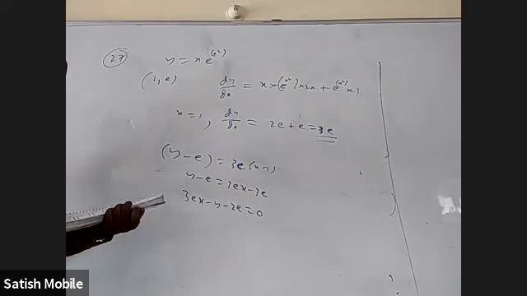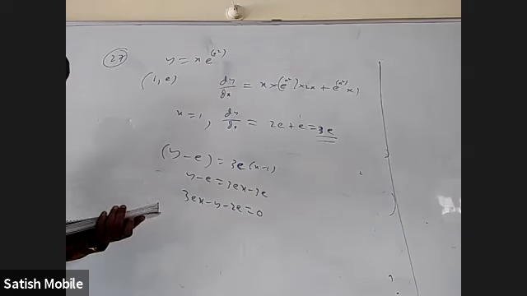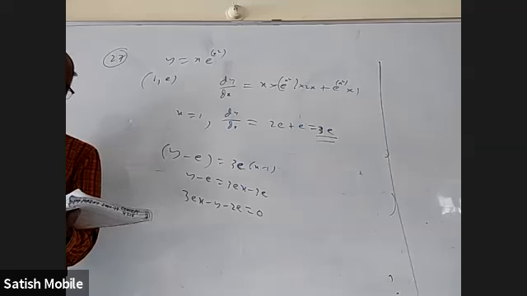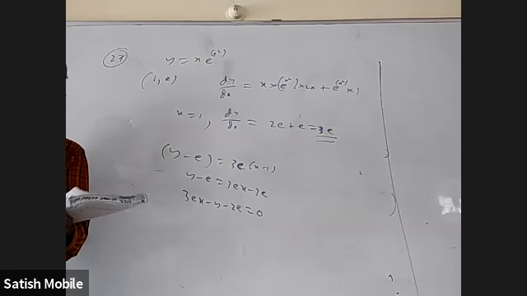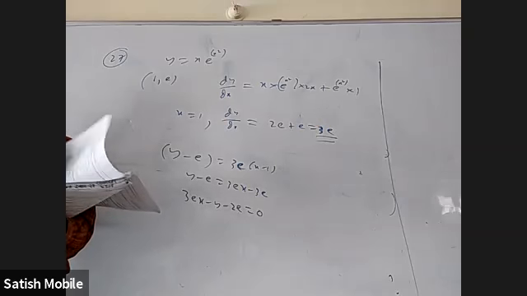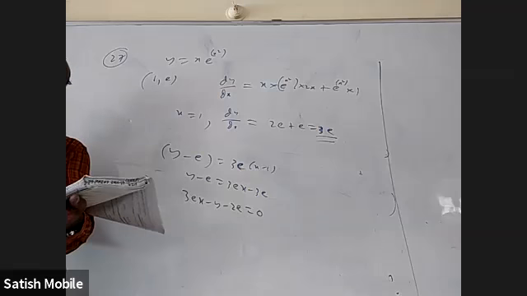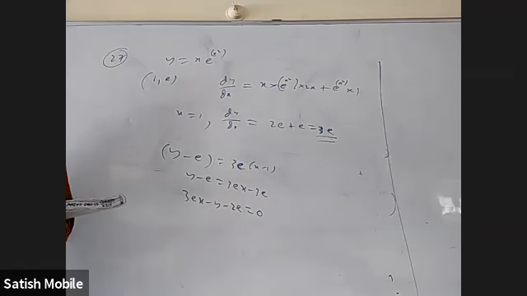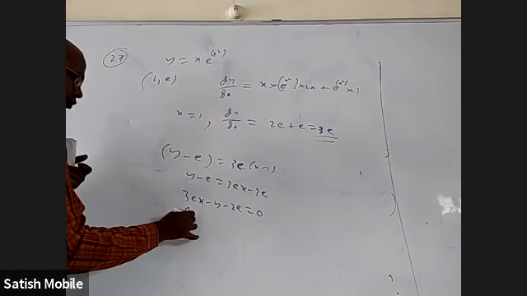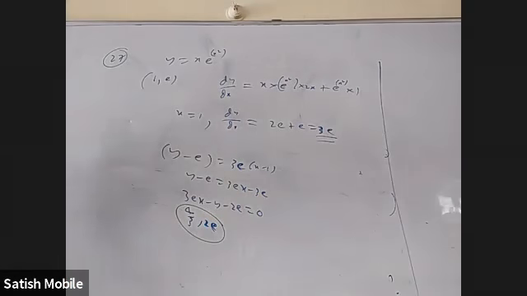Now you see which option is satisfying again. They did not say tangent at 1 comma e, but 1 comma e is on the curve, so it is the tangent at 1 comma e only. We found the tangent. Let us substitute each option. 4 by 3 comma 2e, is it satisfying? Yes. So 4 by 3 comma 2e is, from the options, the one which is satisfying this tangent.